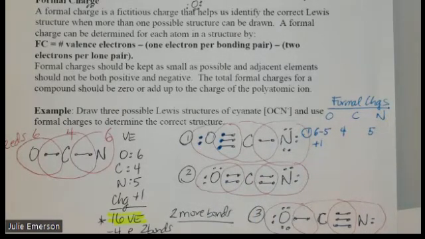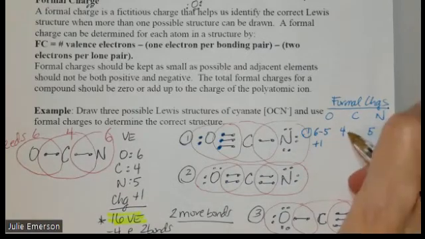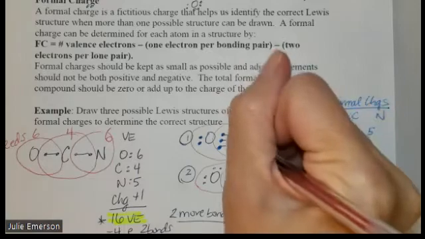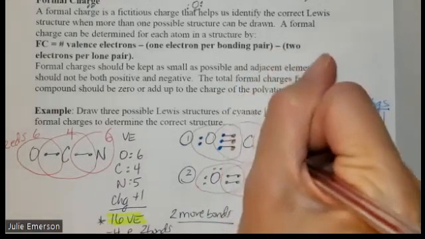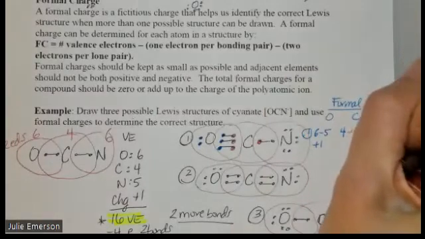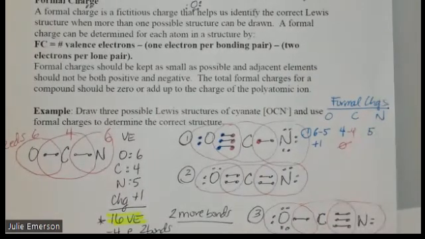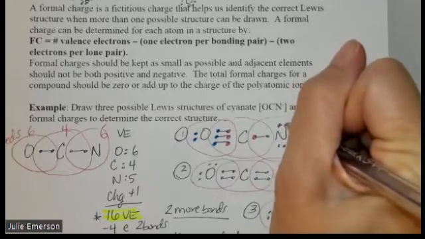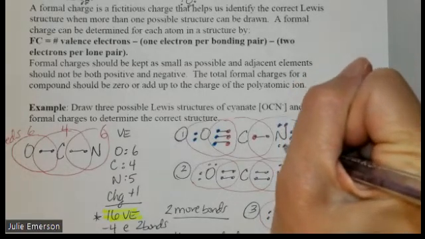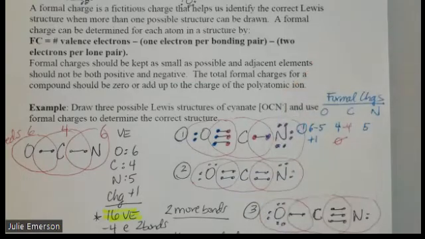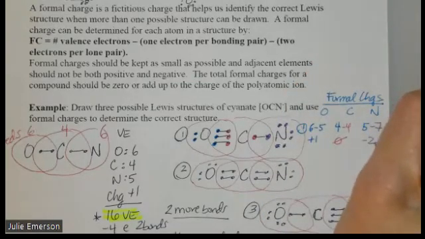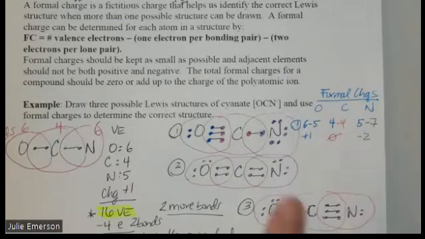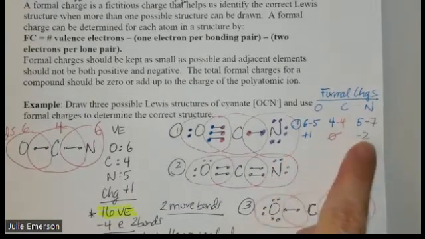Now the carbon, I'm just going to do in red. Carbon comes in with 4, and we've assigned it 1, 2, 3, and 4. So 4 minus 4 goes to 0. Carbon looks okay. Now let's look at nitrogen. Nitrogen comes in with 5, and now I'm going to use my purple pen. We've assigned it 1, 2, 3, 4, 5, 6, and then 7. So 5 minus 7 means a -2. If I add up all my formal charges, +1, 0, -2, I get a net -1, which matches the